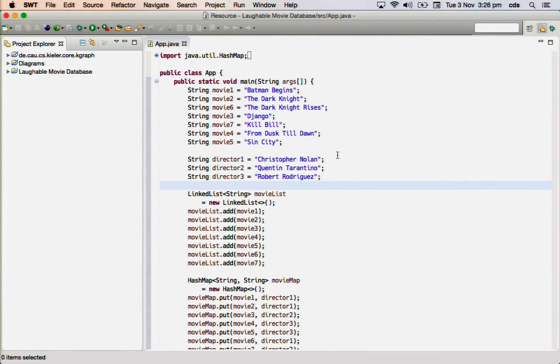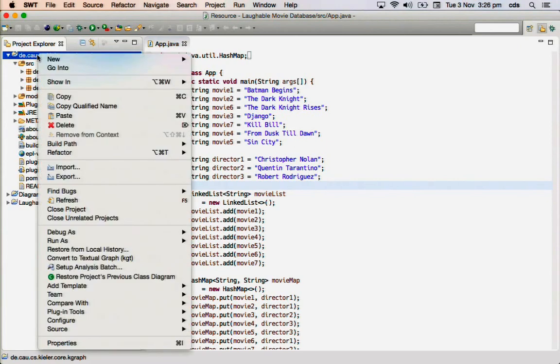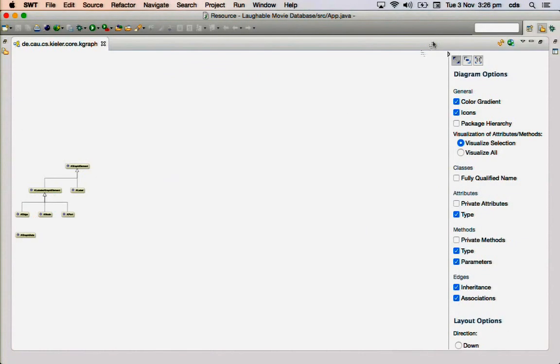Another use case, one which might be more interesting to you as developers, are two projects that we've published as an EPL-based open source project on GitHub called OpenKeeler. The first of those is automatic class diagram generation. So I have here a project with a few Java classes, and I've already prepared a selection of classes that I can just